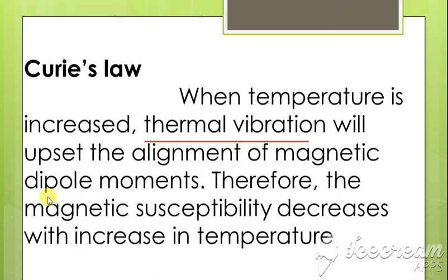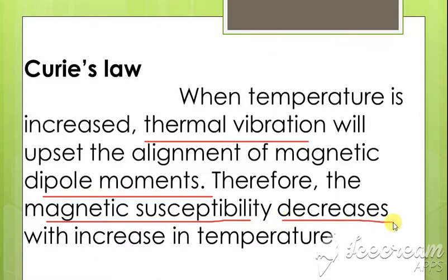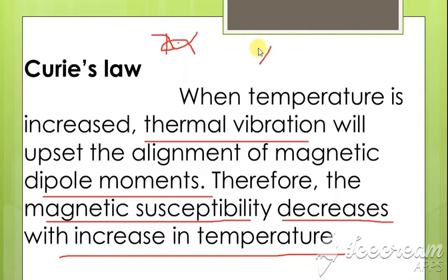Okay, and there is also dipole moment because of the magnetic susceptibility. Therefore, what happens to magnetic susceptibility? It decreases with the increase in the temperature. We are saying that susceptibility, written as psi, is inversely proportional to temperature. So this is what we have seen. So here we are saying that susceptibility decreases.